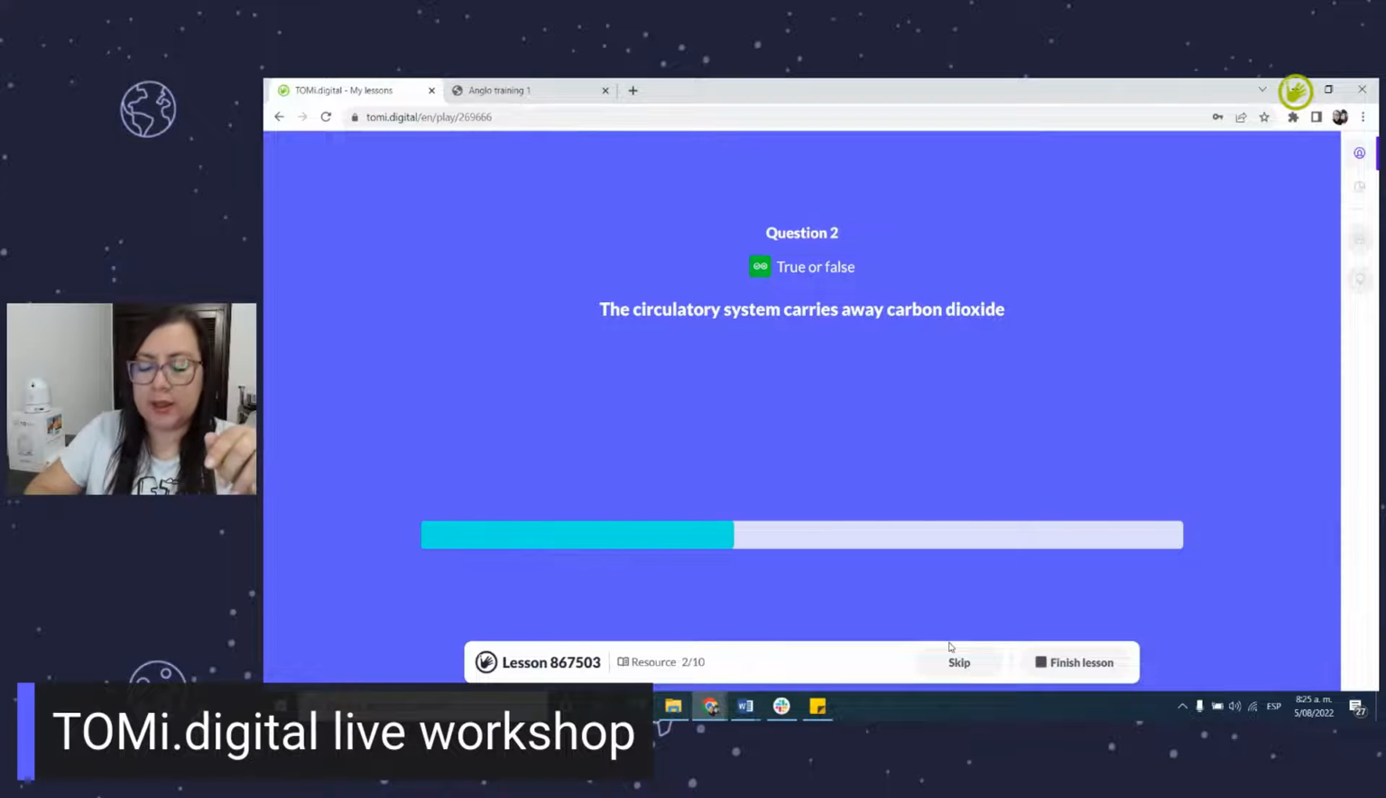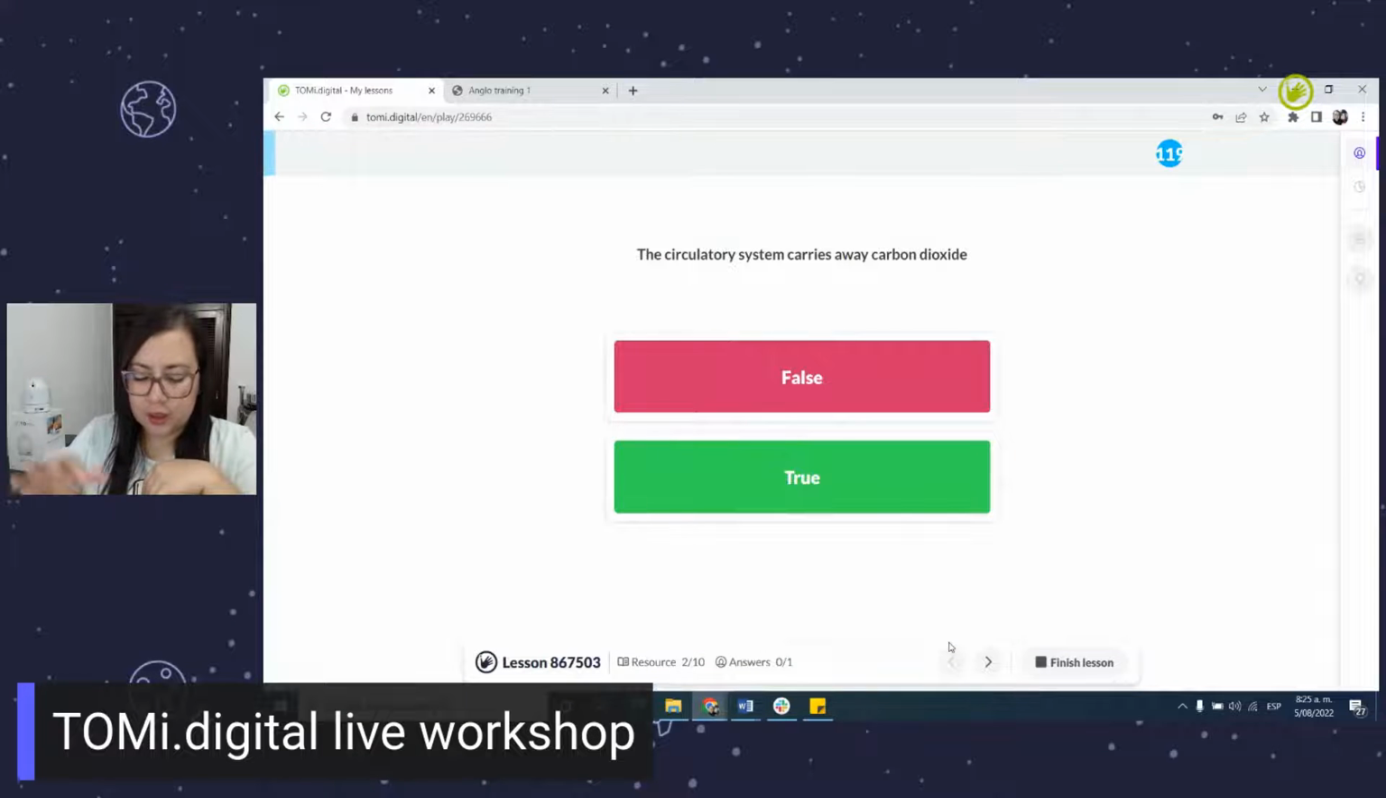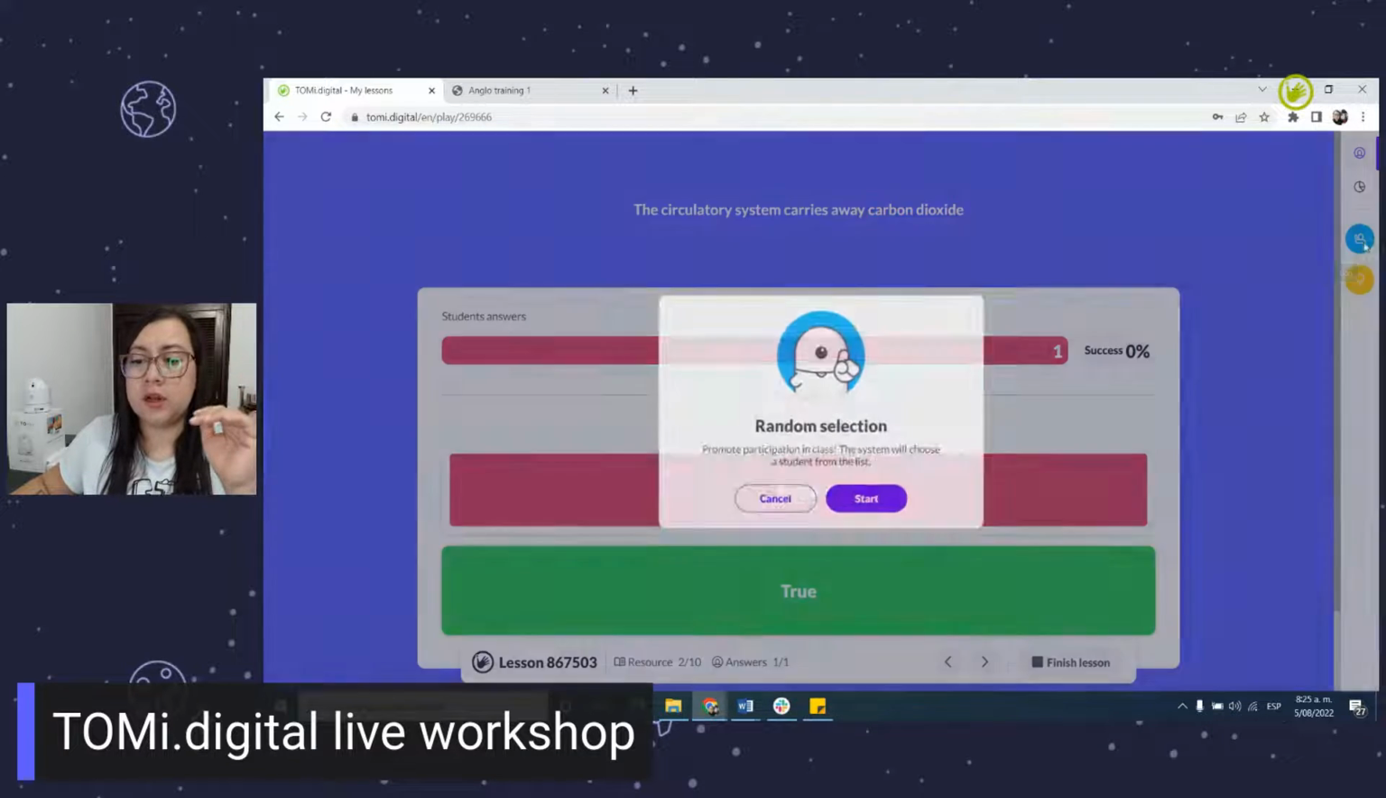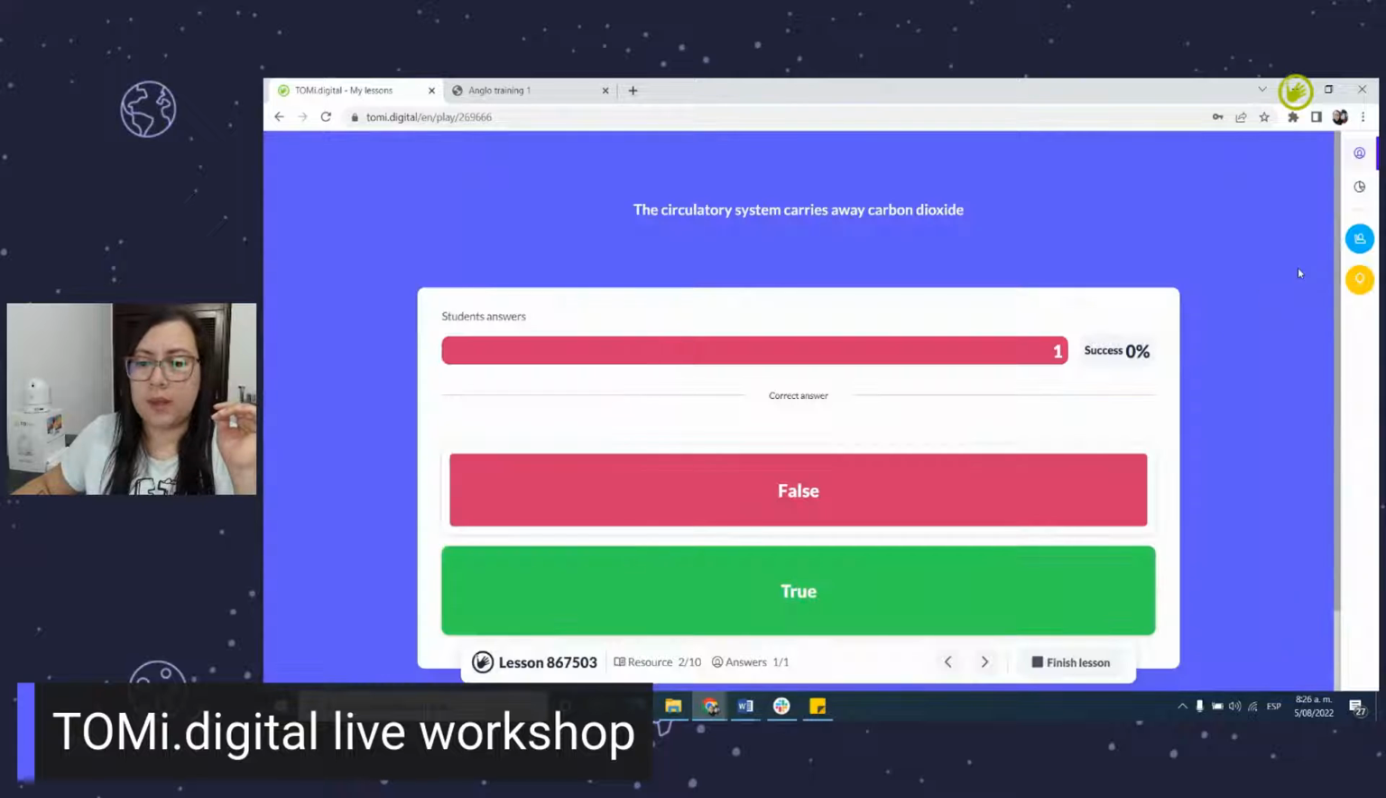Let's do the other question again. I think you all already know the answer. Okay, I see all my students answer this in the wrong way. So I want to do a poll. What do you think? Do you think this answer is correct? Do you think we need carbon dioxide in our bodies? So I'm sorry,